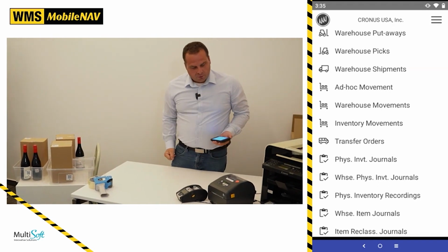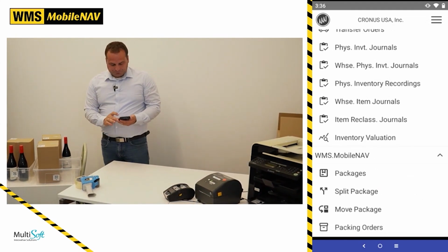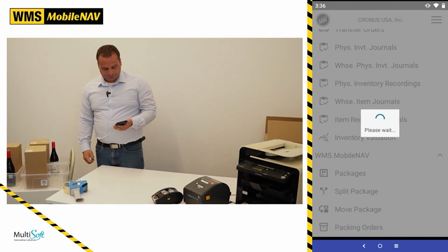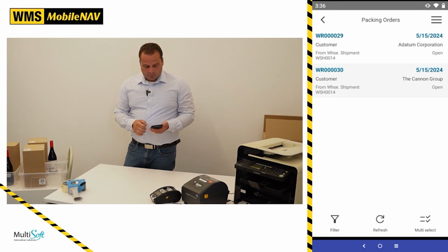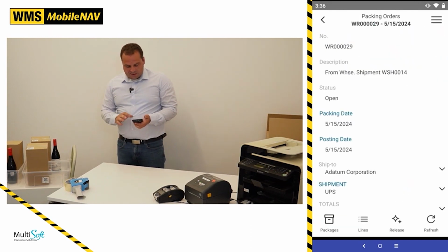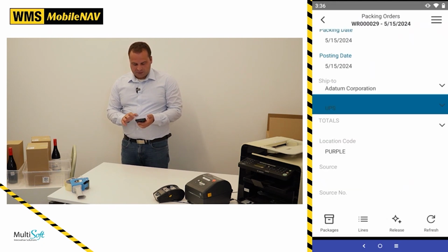You can see that we have a couple of printers here, tapes, boxes, and so on. So I will scroll down to the WMS MobileNAV portion of the configuration, and you can see the packing orders at the bottom of the screen. I can see the very same 2 packing orders in my MobileNAV client, and I will start with the first packing order for now. I can see the very same information here, like what is the packing date, who is the customer, what will be the shipment type,